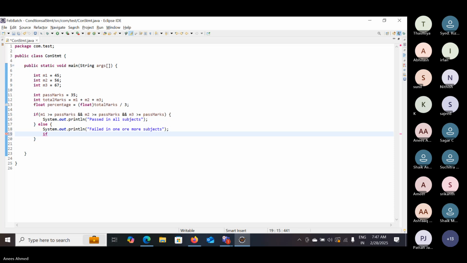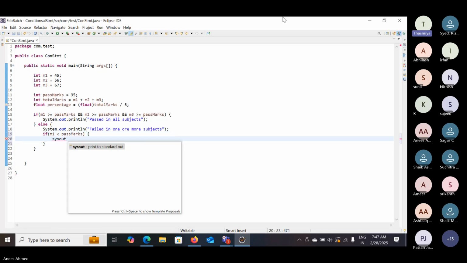If M1 less than pass marks, print out: failed in M1. So I'm adding marks also out of